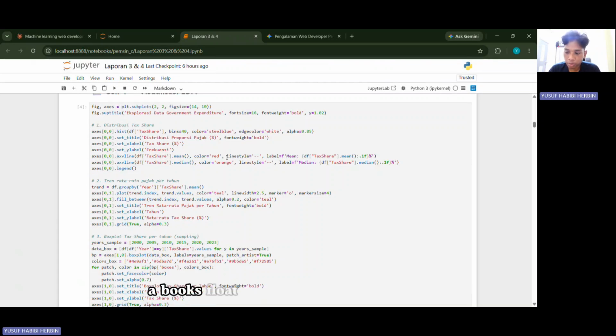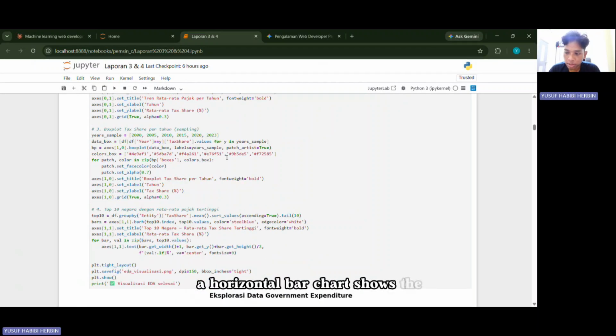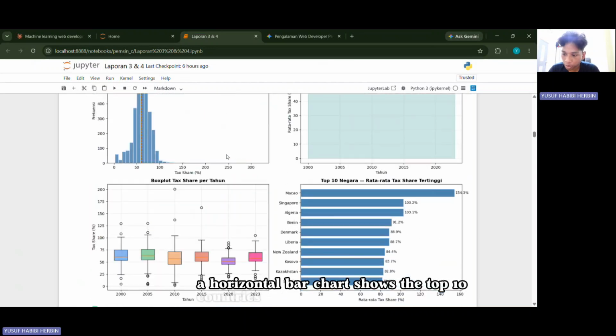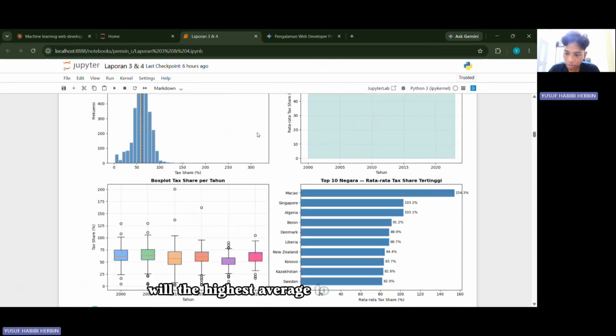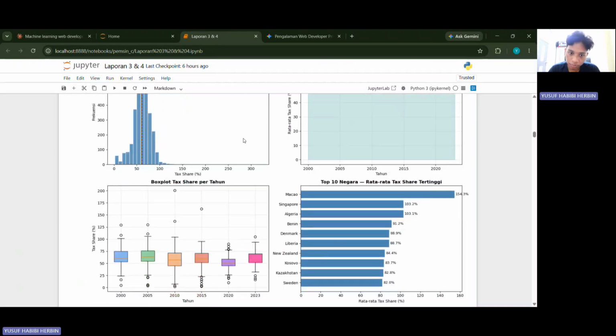A box plot helps us spot outliers, values that are very far from the rest. A horizontal bar chart shows the top 10 countries with the highest average. This chart helps us to understand the data before we build the model, so we know what patterns to expect.